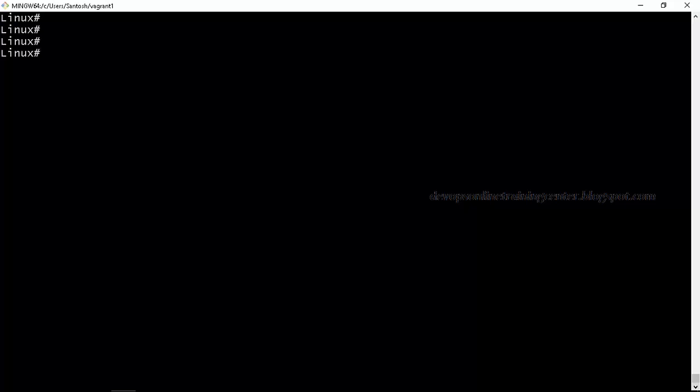Let us say you have a script which is in some location and you want to execute it from anywhere. That also we can do using export, by exporting the path. export PATH=$PATH: and the specific location. Let us say the script is in /opt/bin, and if you export like this, /opt/bin will be added to the $PATH variable, and you can run that script from anywhere without giving the complete path.